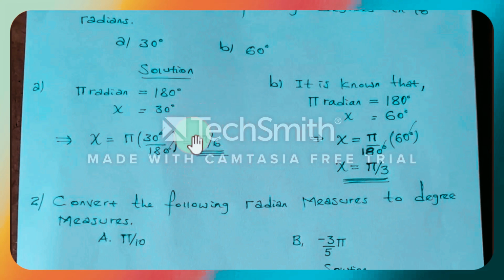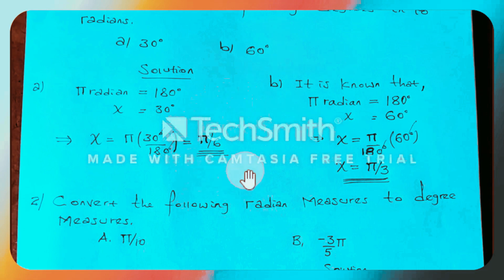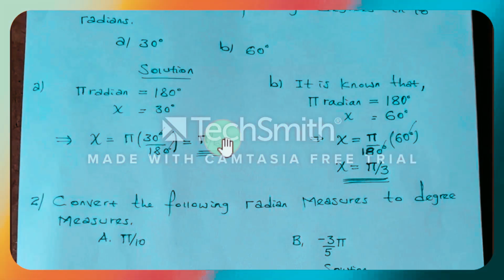the word radian is always omitted. ስለዚህ ዲግሪ በራዲያን ሲገለጽ ራዲያን የሚለው ቃል አንጠቀምም ብለናል። ስለዚህ ራዲያን የሚለውን አንጽፍም ማለት ነው። ስለዚህ ምን ይሆናል? ፓይ/6። በቃ በተመሳሳይ 60 ዲግሪንም እንደዚሁ መቀየር ይቻላል ማለት ነው። ሁለተኛው ጥያቄ ኮንቨርት ዘ ፎሎዊንግ ራዲያን ሜጀርስ ቱ ዲግሪ። አሁን ደግሞ በራዲያን ሜጀርመንት አንግል ተሰጥቶን ወደ ዲግሪ ቀይሮ ነው።